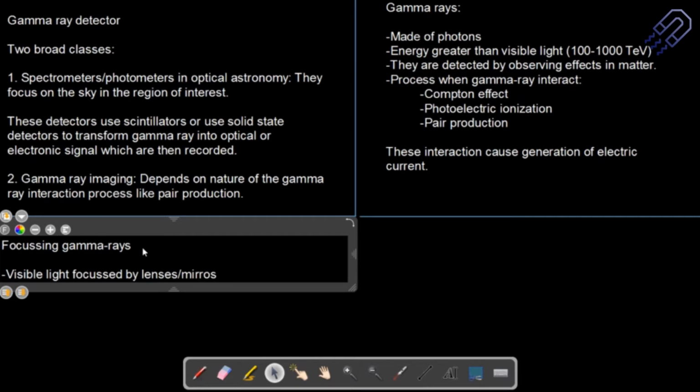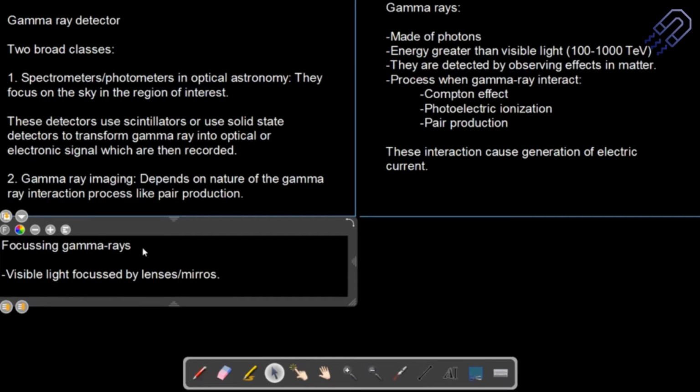Most of the time I prefer taking an analogy to something more realizable. Something like, when we talk about SEM or TEM, I compare it with an optical microscope and then we look into it. It can be easily understood. It's better. So we basically cannot use mirrors for gamma rays. Even visible light, an electromagnetic spectrum, is reflected by lens or mirror, but gamma rays cannot be used for the same purpose. Remember, for gamma rays.